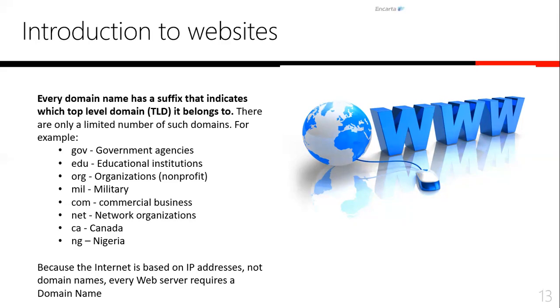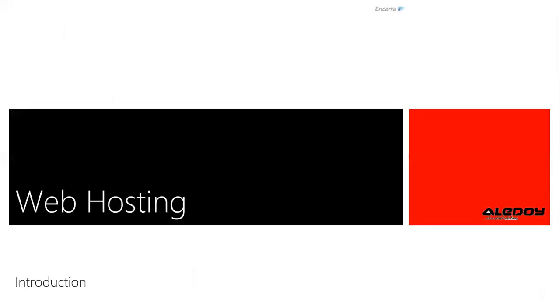.com, .net, .ca means Canada, .ng means Nigeria. We all know .co.uk, .usa. So those are just identifiers so that if somebody sees the domain name, they can already know that, oh, this is a USA company, oh, this is an educational website, this is an NGO, and the rest.